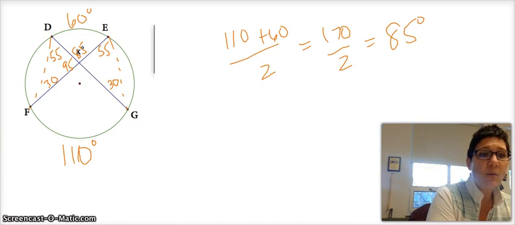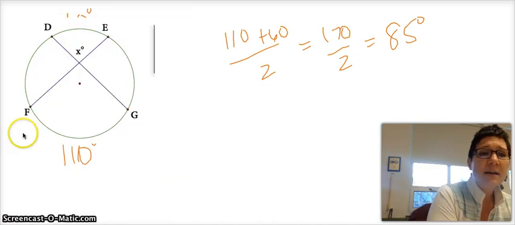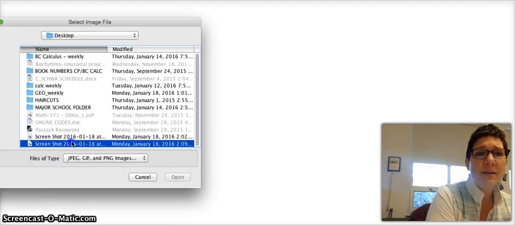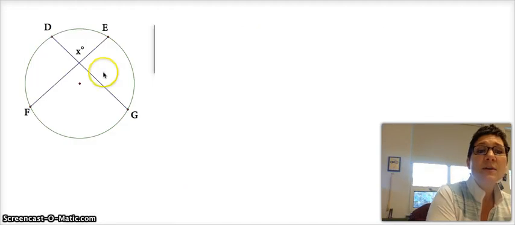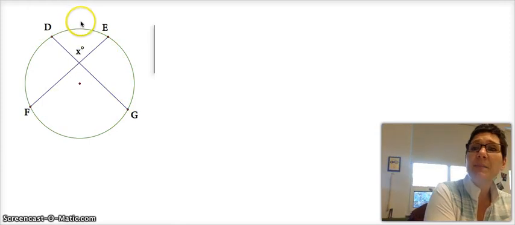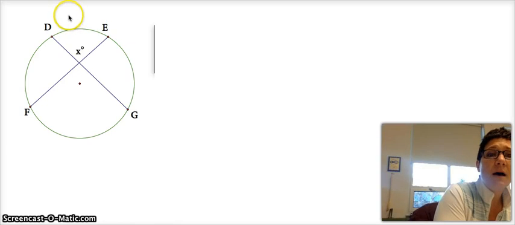Are you sure it works? Well, let's find out one more time. I should go with a new picture first before I do that. Okay, here we go. I'm going to get my little picture, open this baby up. If you were to pick your own numbers, you would also come up with the same idea. So hypothetically, let's make this